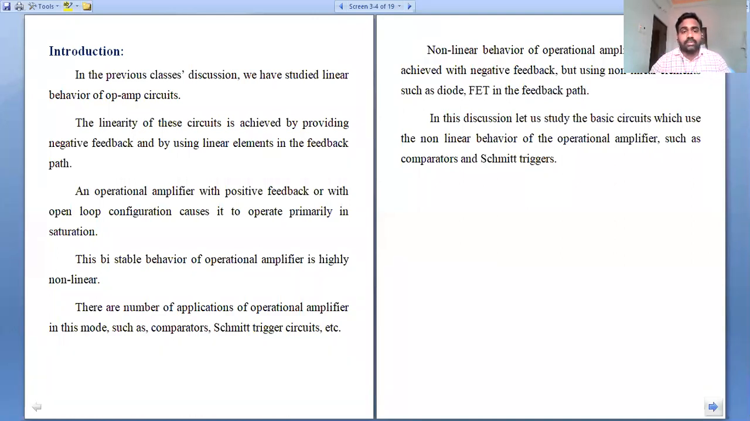So what are nonlinear applications of operational amplifier? How are they different from linear applications of operational amplifier? So we are going to see. So nonlinear applications in the sense, if we see an operational amplifier,